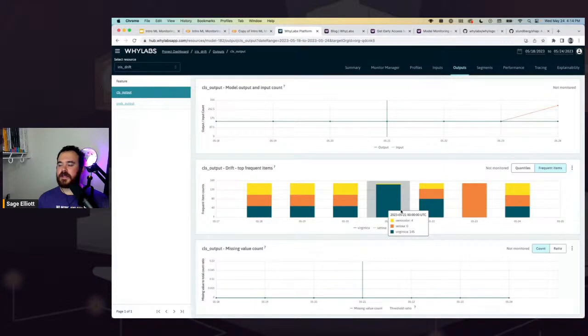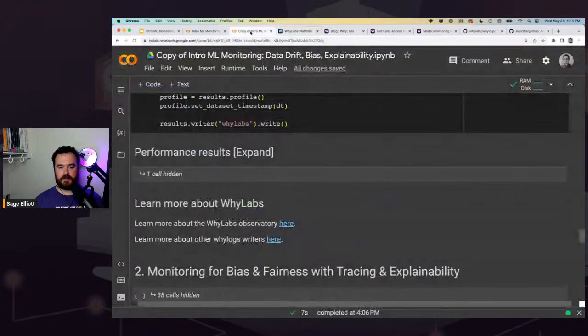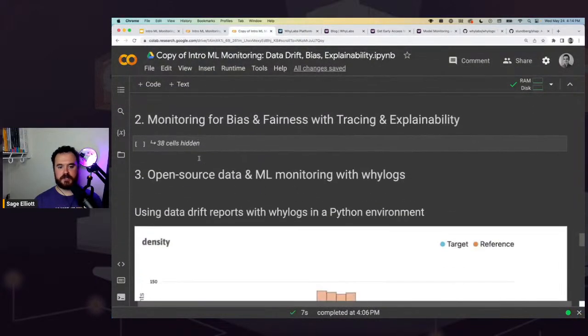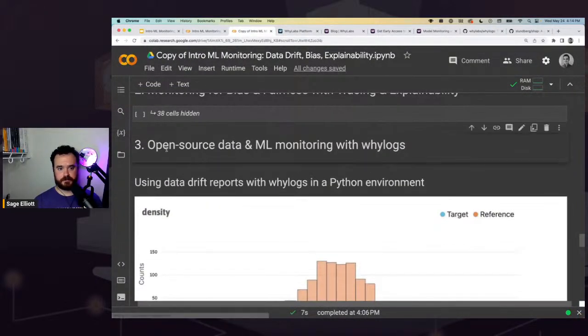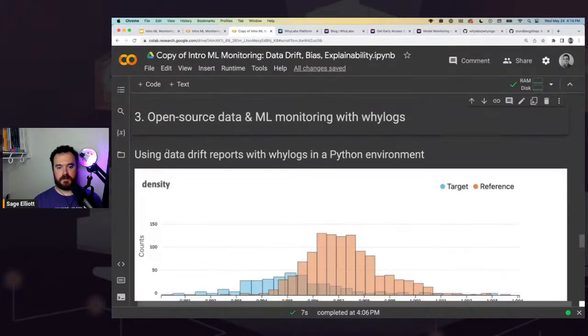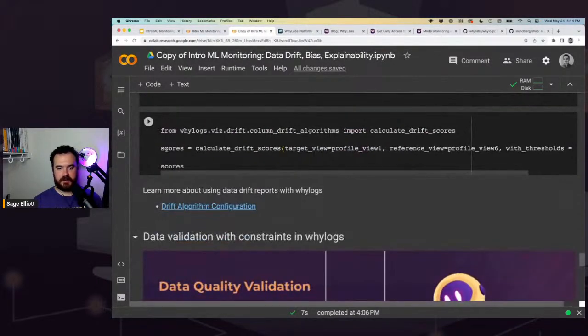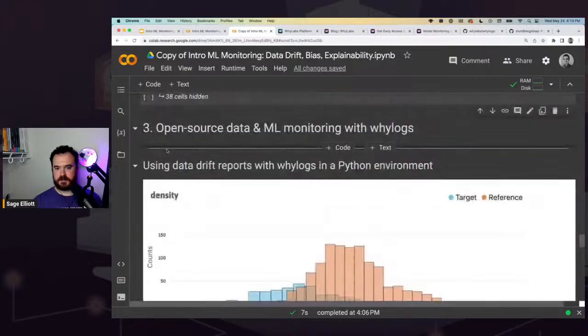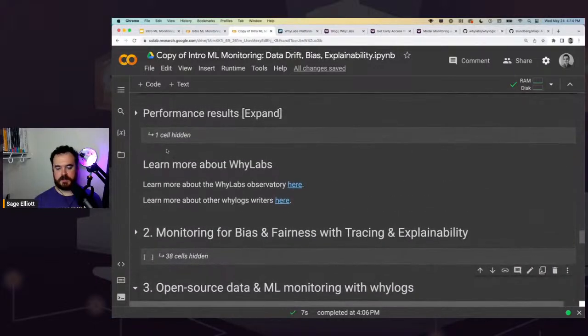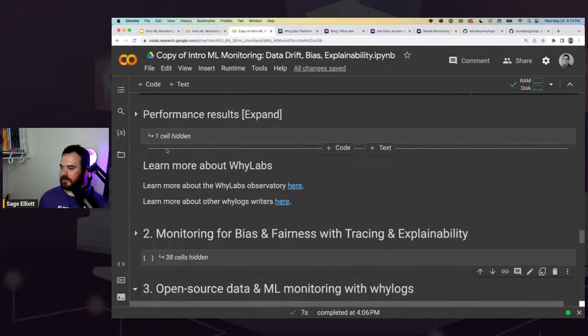And I think I missed it. It's up there somewhere. There was a question about different data drift metrics. Like we were saying, by default in here, we use Hellinger distance. We'll actually look at a little bit more with WhyLogs, or if you want to jump to that, you could scroll down. Somewhere in the copy down here in this open source section, there's a link to setting up different statistics in WhyLogs itself.